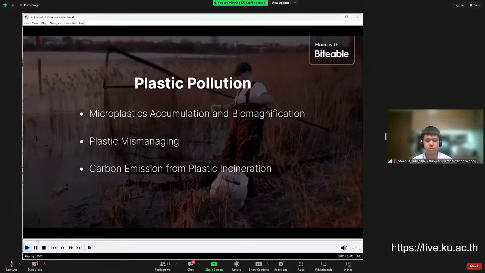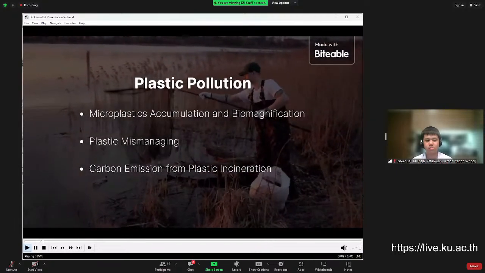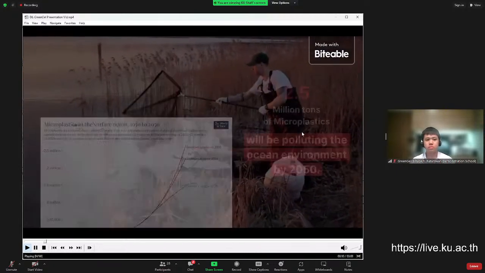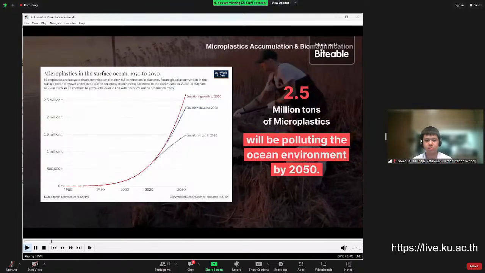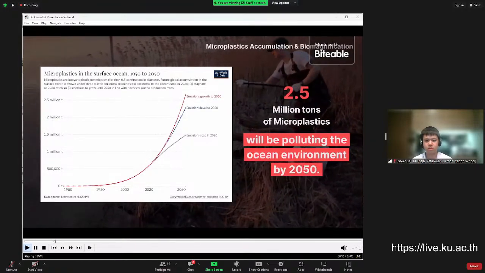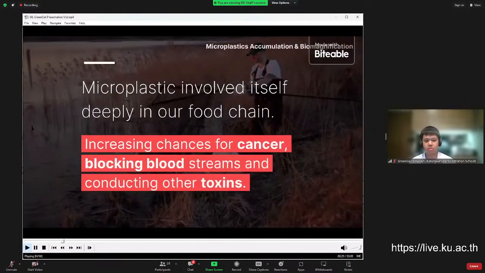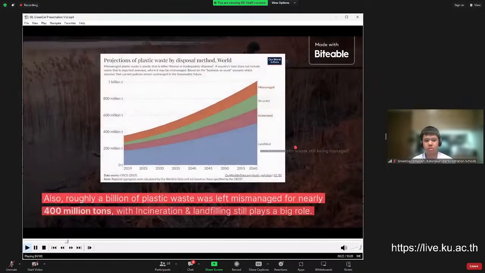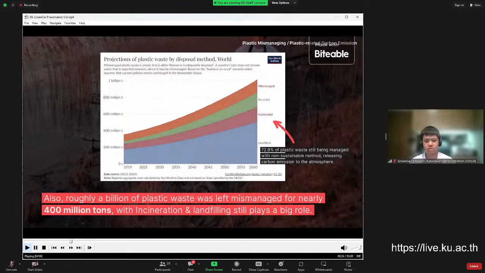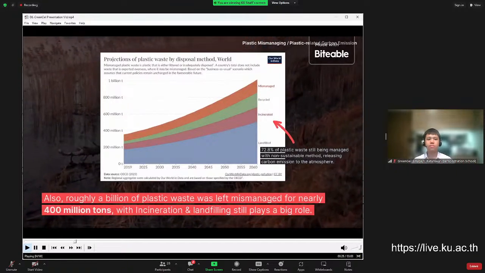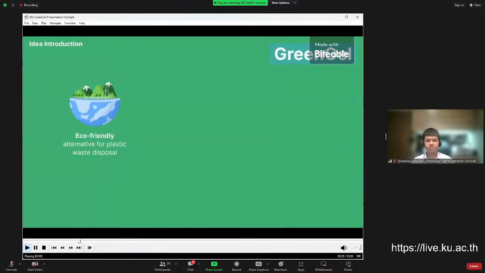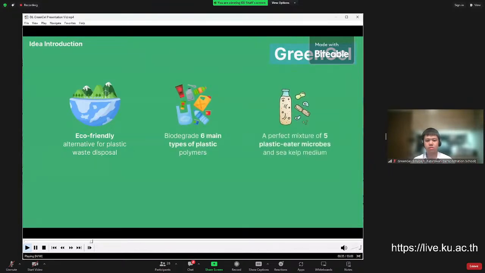Plastic pollution, microplastic accumulation, plastics mismanaging, carbon emission. 2.5 million tons of microplastics will be polluting the ocean environment by 2050. Microplastic cause cancer and blocking blood streams. 400 million tons ends up in incinerating and landfilling. Introducing green gel for eco-friendly alternative plastic waste disposal. It can biodegrade 6 main types of plastic, and it's a perfect mixture of 5 plastic ether with sea kelp